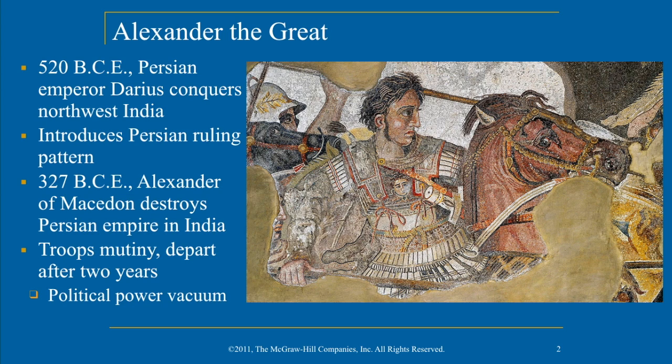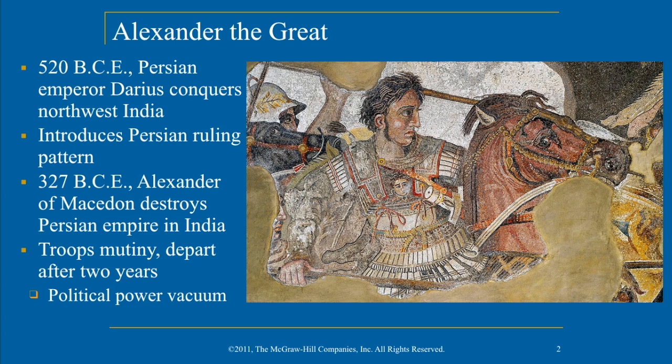Alexander was known for traveling the world, and basically by the age of 25-ish, he had conquered most of what was known as the known world at the time. He only happens to stop, not because he was losing, but because his troops mutiny and depart after 2 years. So he goes on these campaigns for a while, and his troops are no longer willing to follow him because they wanted to go home. Alexander still wanted to continue fighting and conquering lands, but his troops didn't have the will to fight.